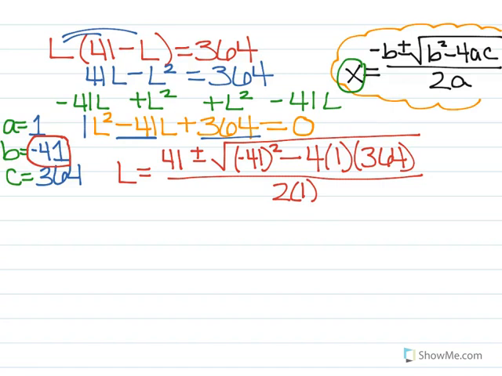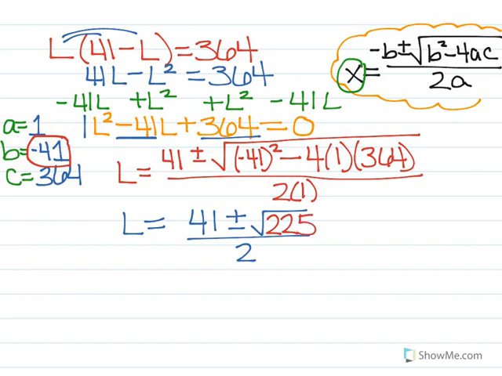Step 2 in this process of using the quadratic formula is you write everything down except for what's inside of the radical, so that in your next step you can find that discriminant, which again is the number that exists inside of the radical, and you can do this by typing into your calculator in parentheses negative 41 squared minus 4 times 1 times 364, and you should get an answer of